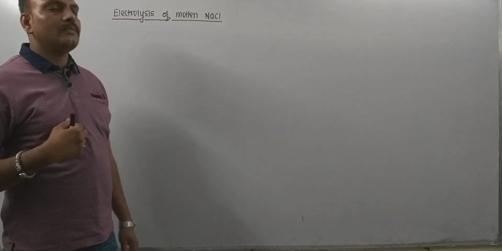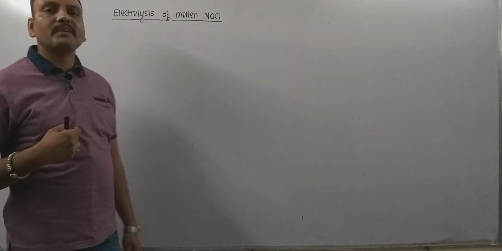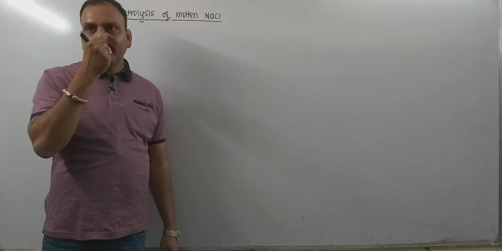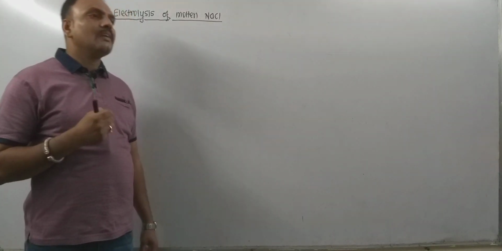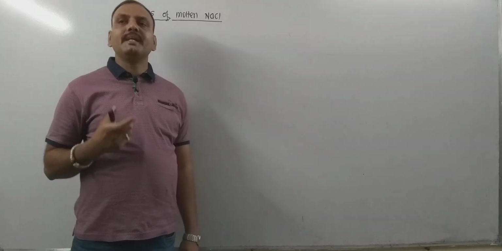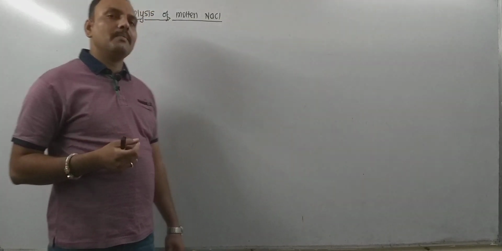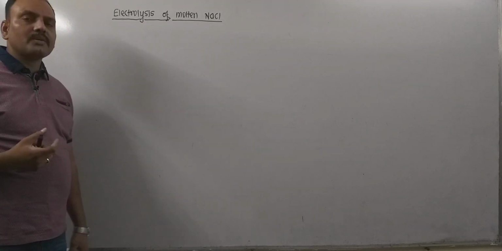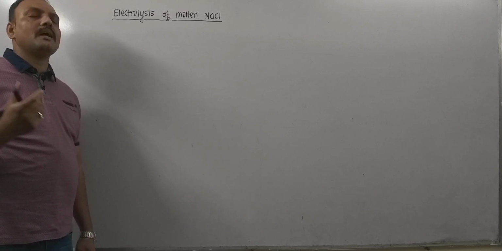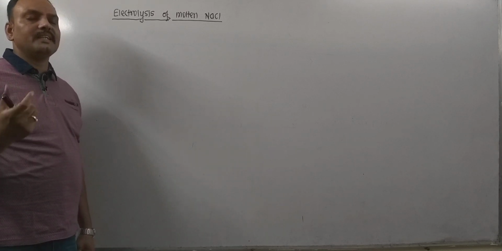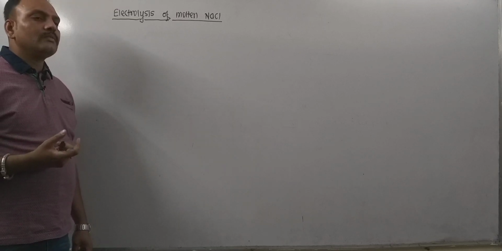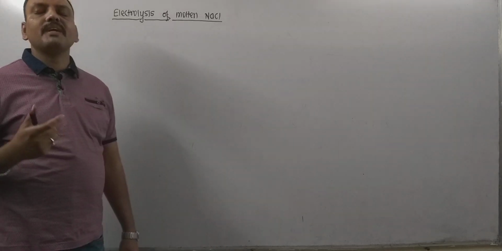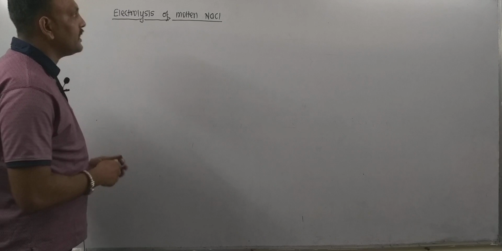Good morning to all. So today we are going to discuss electrolysis of molten NaCl. Now remember, electrolysis reactions are carried out in electrolytic cells. Remember, an electrolytic cell is a device which has the ability to convert electrical energy into chemical energy. Now, electrolysis is what? It is a decomposition of electrolyte by passing electricity. Ultimately, the reaction happens to be non-spontaneous and we are forcing that non-spontaneous reaction to occur by passing electricity.